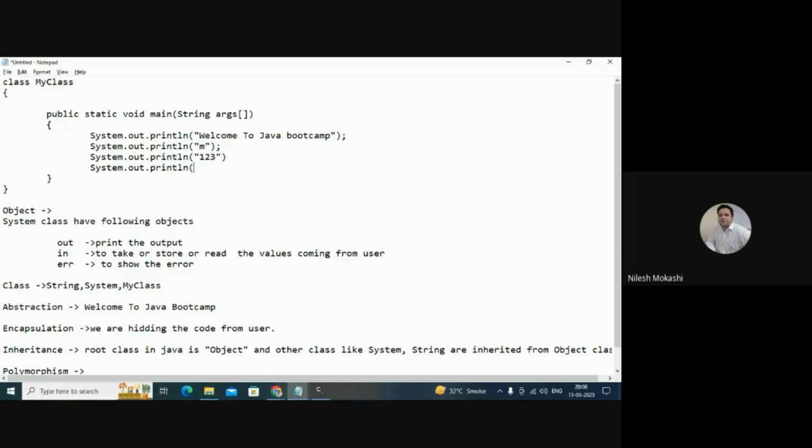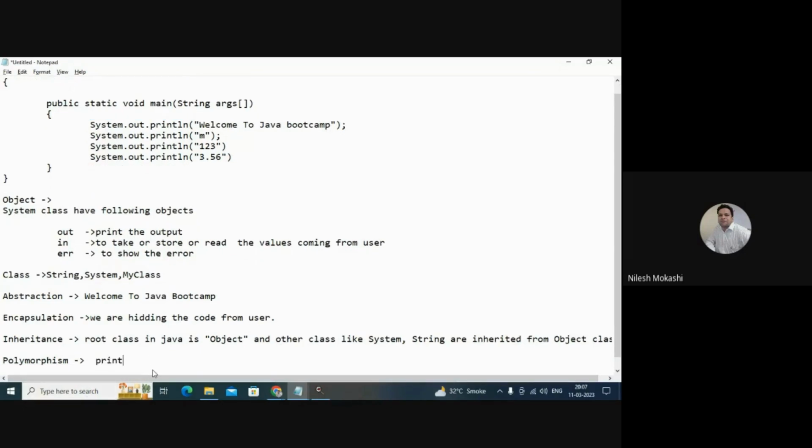So I can use the println method to show different types of outputs: a string, a character, integer numbers, and float values as well. So this one println is the method showing polymorphism, right? So I will just write it here: the println method is a polymorphic method.